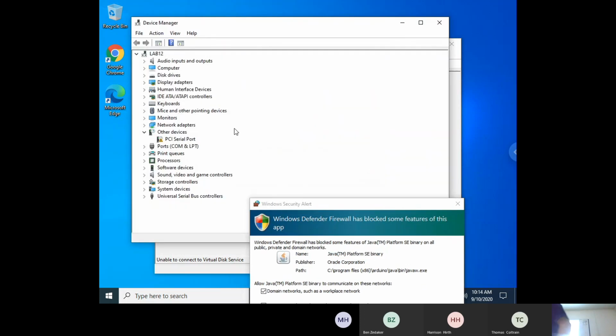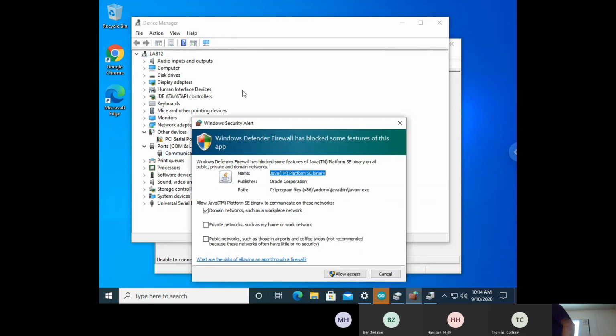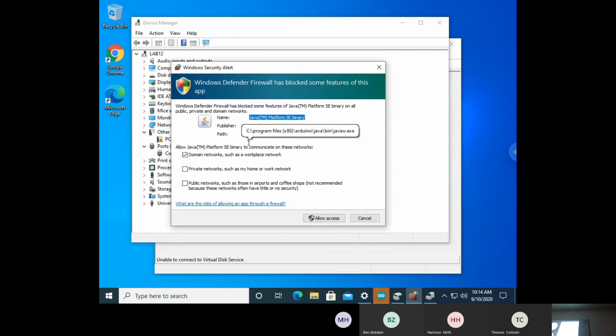Yeah. Now you see here, the PCI serial port, don't worry about that. What we really are looking at is COM1. And I'm wondering if the only difference, Brett, would have been that I said no to this or cancel. So is that preventing me from connecting to my device? We could find out if we hit cancel and the port is still grayed out. The problem then becomes, in order to go back in and enable that, what I would have to do is